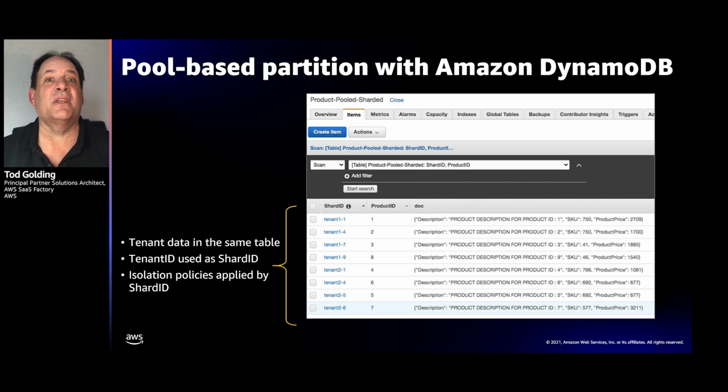And so here, when you look at the isolation policies, you'll see that the policy has this notion of a leading key that references this shard ID, and that says, scope down to tenant 1 or tenant 2 or tenant 3 in the policy. We've shown this in a lot of examples before, so I didn't show this one. Instead, I focused on the other, but this applies to both silo and pooled models of storage, just different policy schemes.